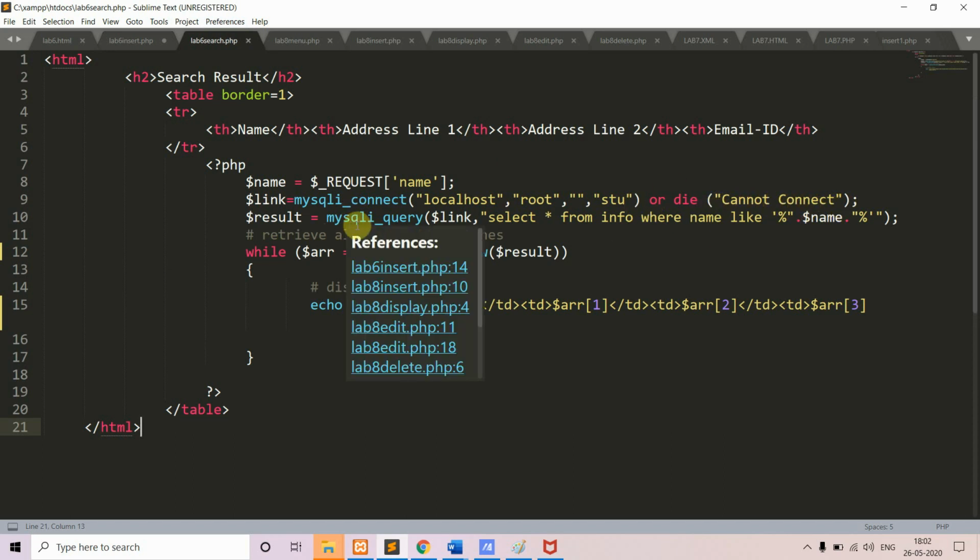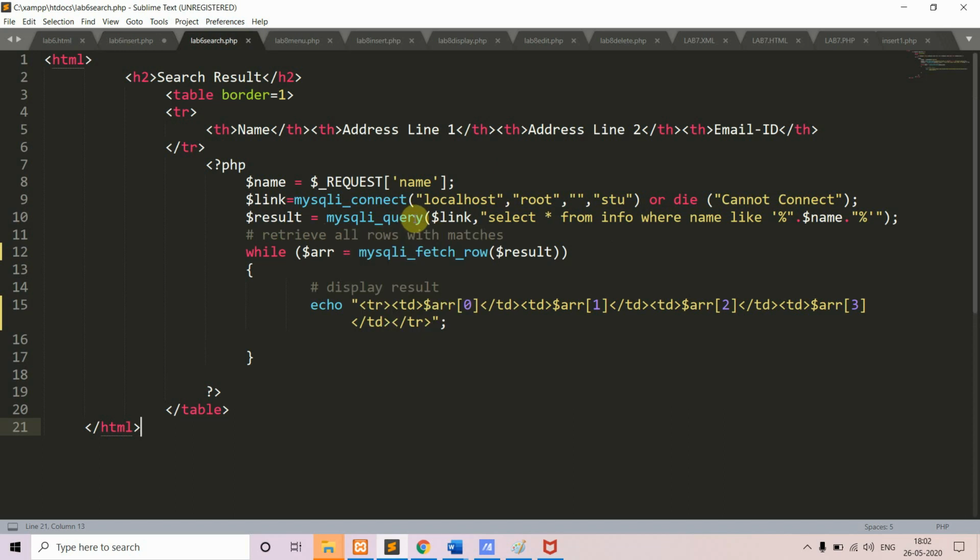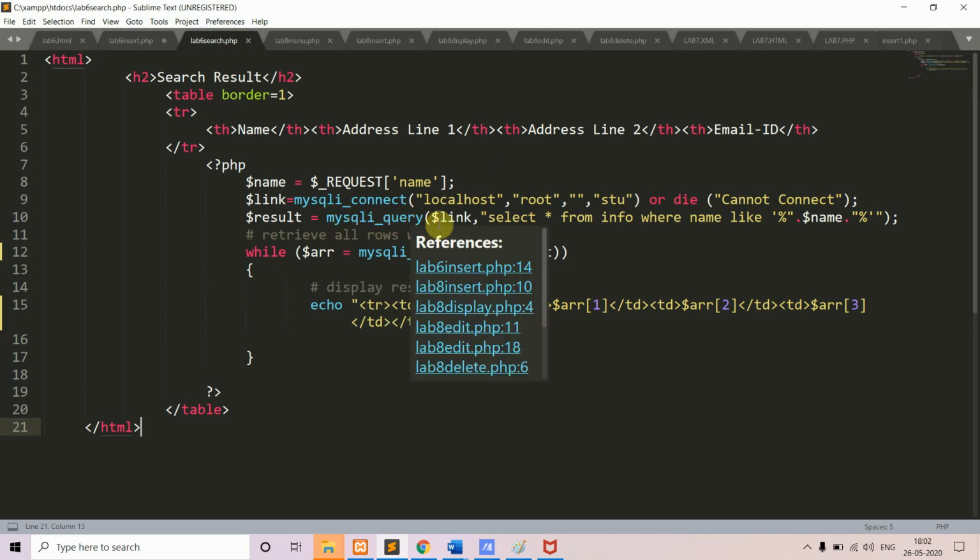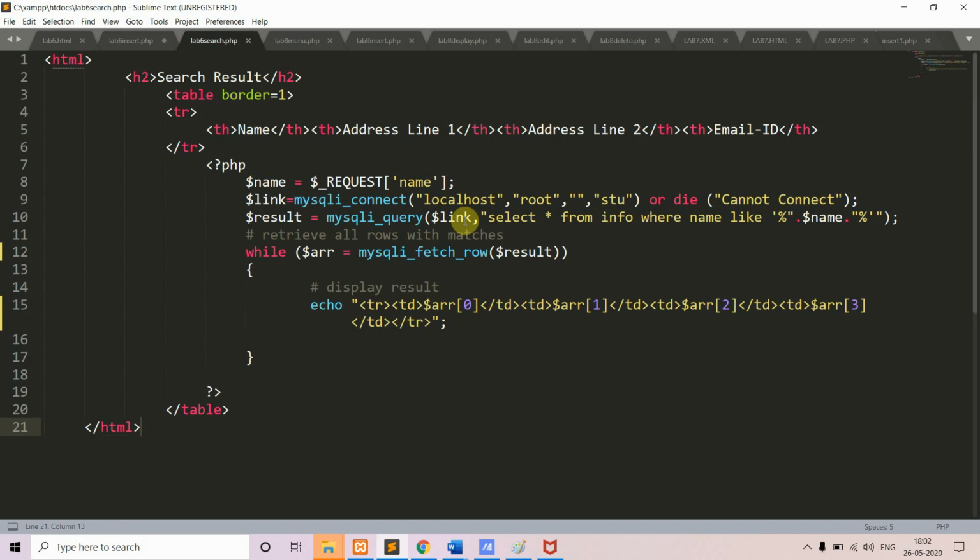Then you are executing a query. For that purpose you're using the function mysqli_query, with the connection resource variable, $link. Then what is the query? Select star from info. So you are searching in the table whose name is info.